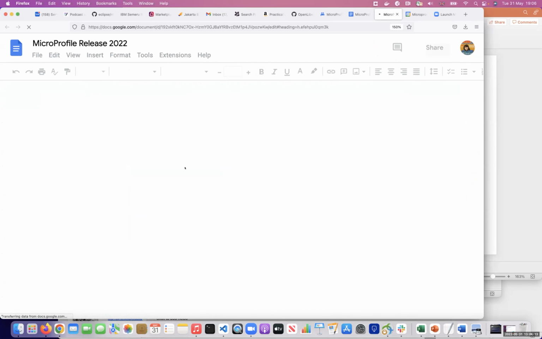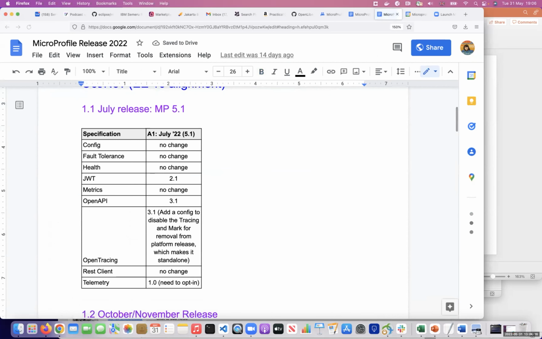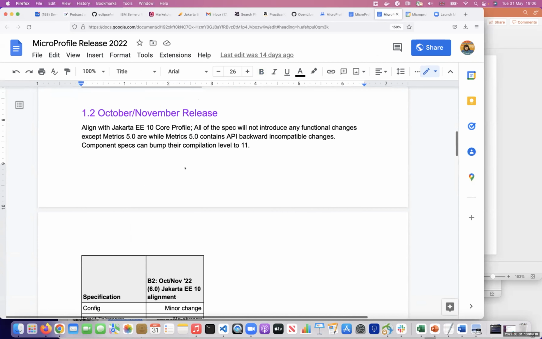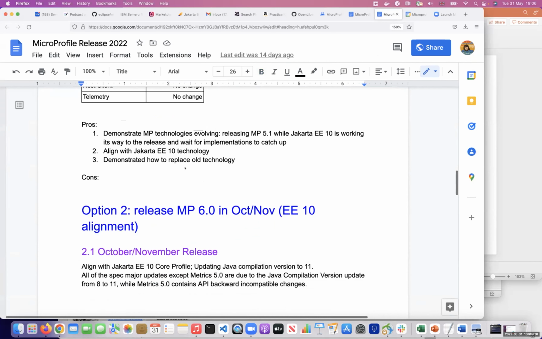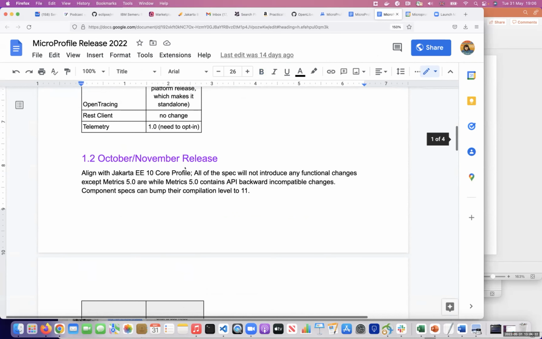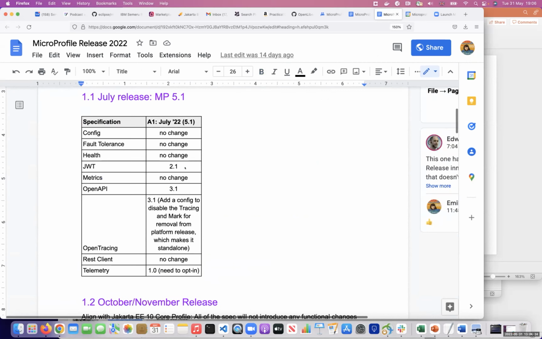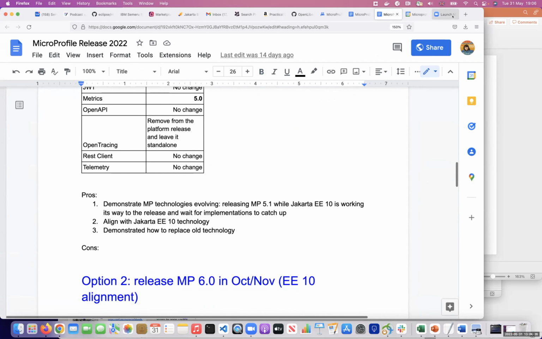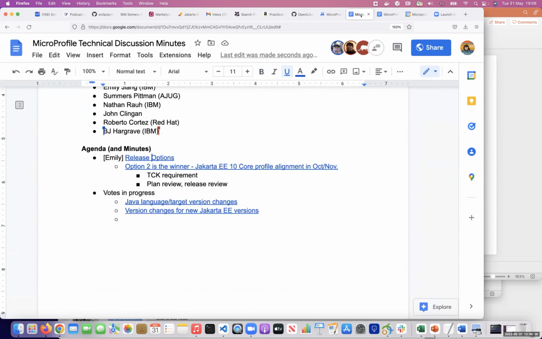Basically, 2 weeks ago we finalized this document, with the voting option 1 and option 2 in the voting thread, and option 2 was the most favorable vote.